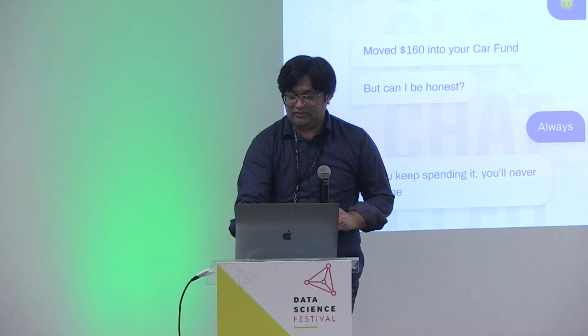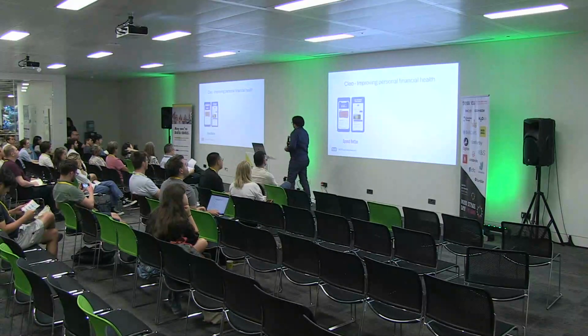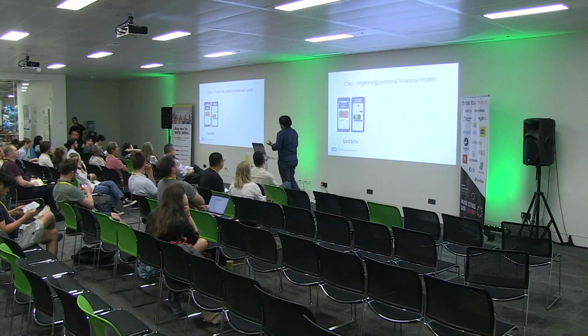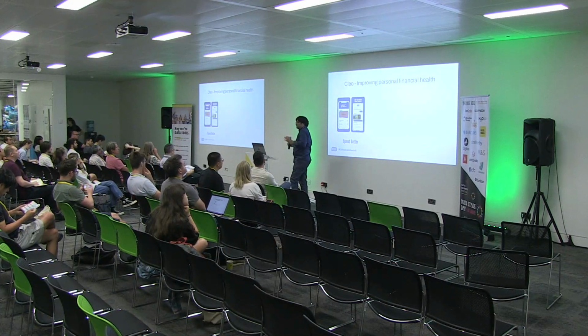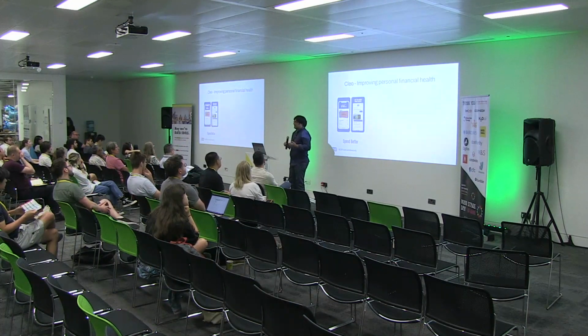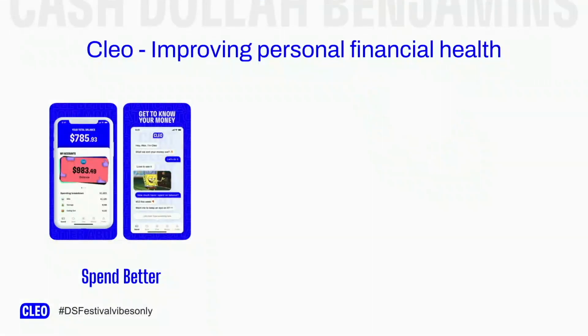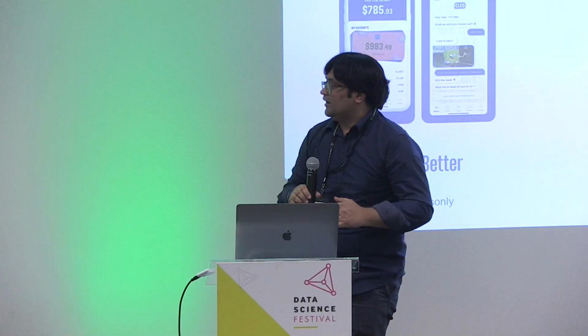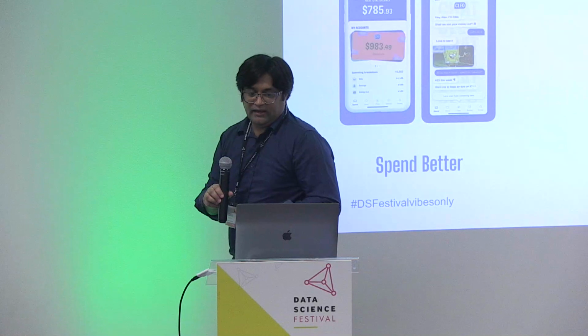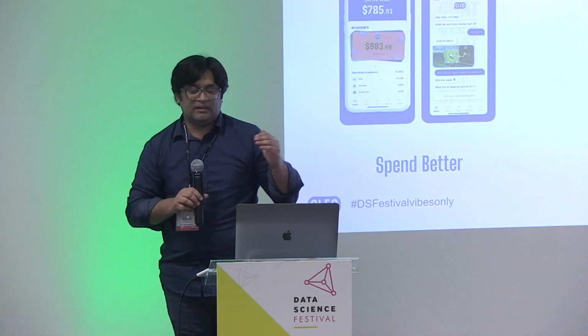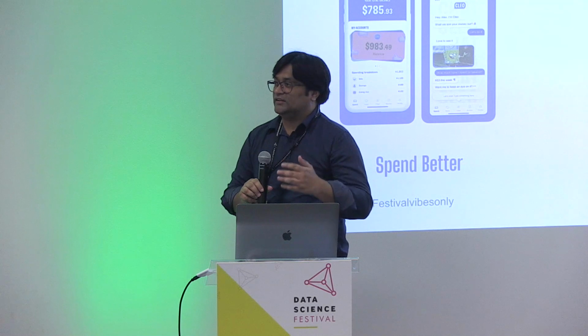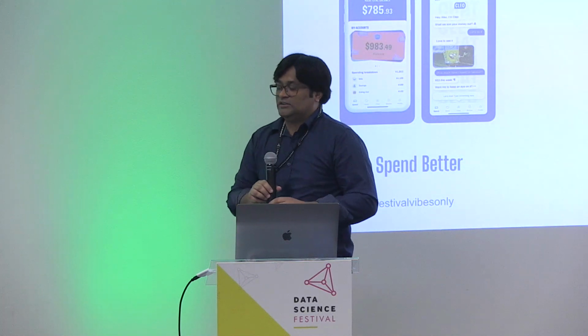At the core of Cleo, one of the pillars is how we can help users spend better by providing them personalized insights, recommendations, and goal tracking over a period of time. When users connect their bank accounts with Cleo, they can see how their balance is trending over time, what their spending breakdowns are, and where they have been spending their money. With the personal insights, they can track and spend better over the period of time.